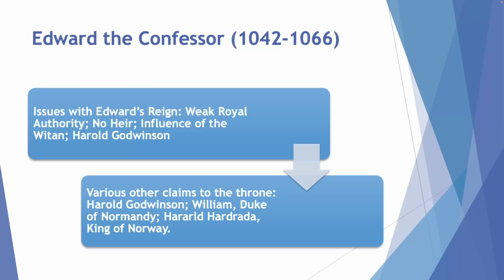Harthacnut, should I say. Again, trying to pronounce these names is going to get more and more complicated. But ultimately, this agreement that was made between the former King of England and King Magnus of Norway stipulated that if either ruler had died without a male heir, the other would inherit the throne. And so Harald Hardrada claimed that this agreement entitled him to the English crown after the death of Edward the